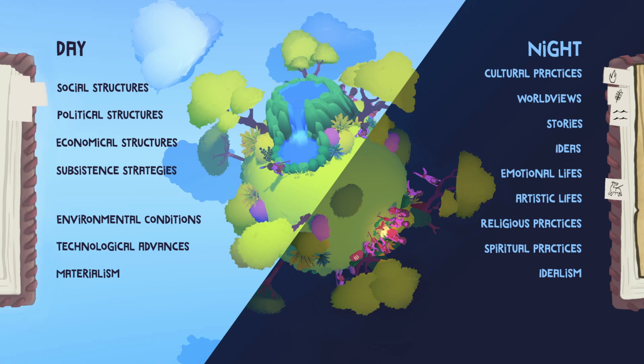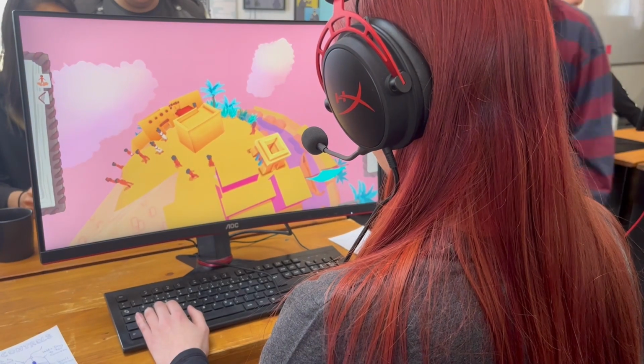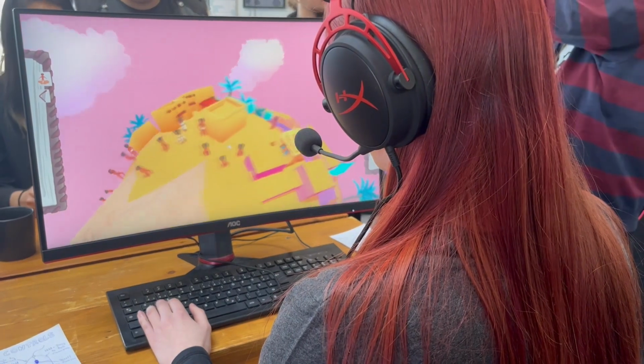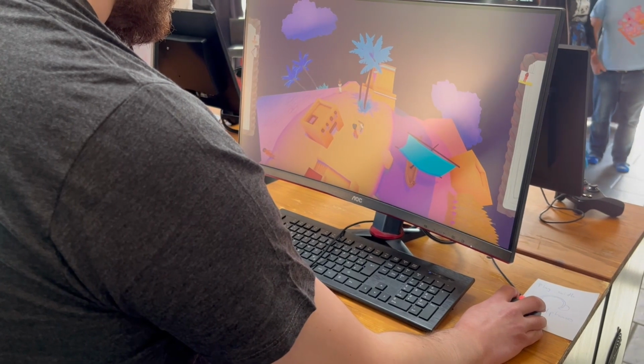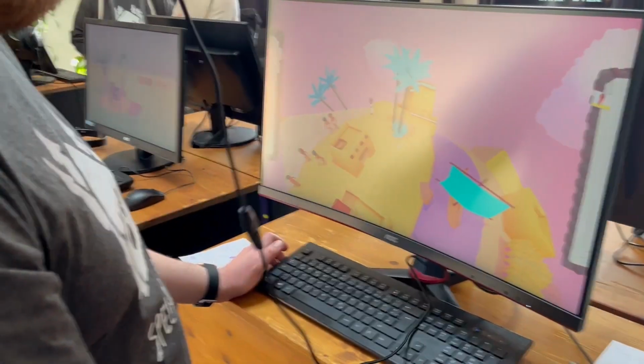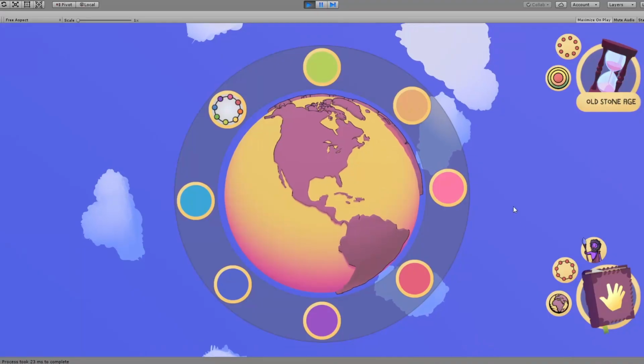Furthermore, I added a day and night feature. During daytime, the objects the player can find and learn about focus on the societal structures of that culture, whereas during nighttime, the player will be able to learn about the mythological stories of that culture. I created the Old Kingdom Egypt level and had a chance to test the new features during another playtest session. Seeing some of those people genuinely getting excited over the game made me feel like I'm on the right path.